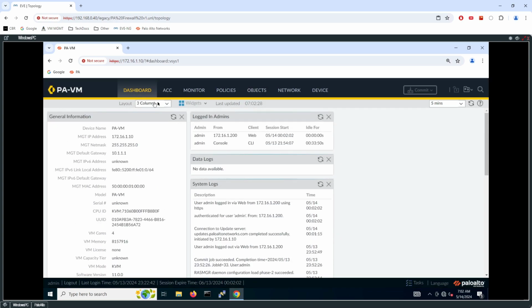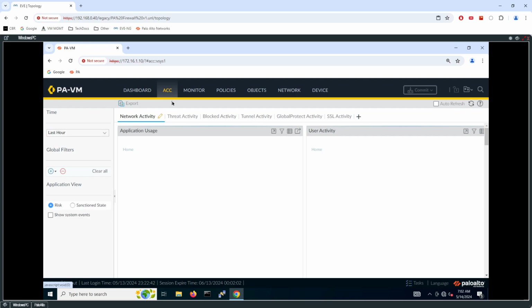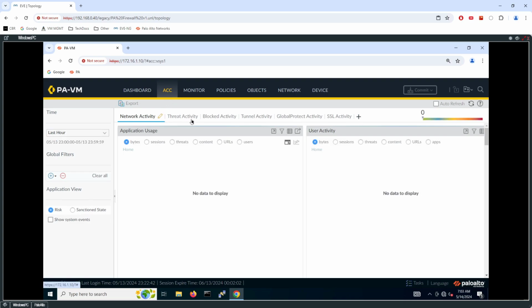So the GUI is generally made of 7 tabs. We've got the dashboard that is configured with some widgets. We can customize them: the general information, information about the administrator, system logs, application command center,